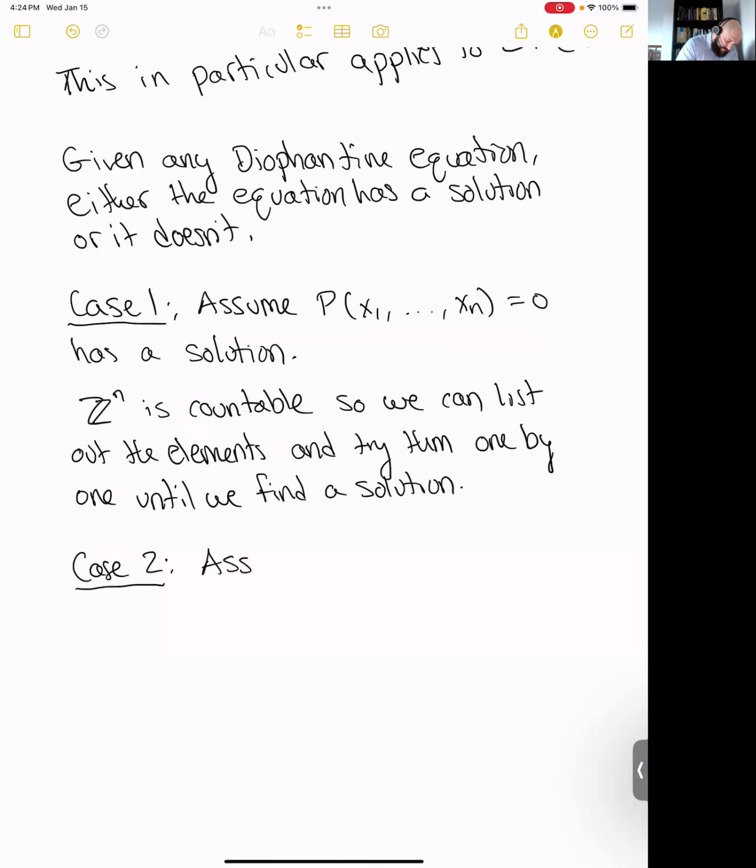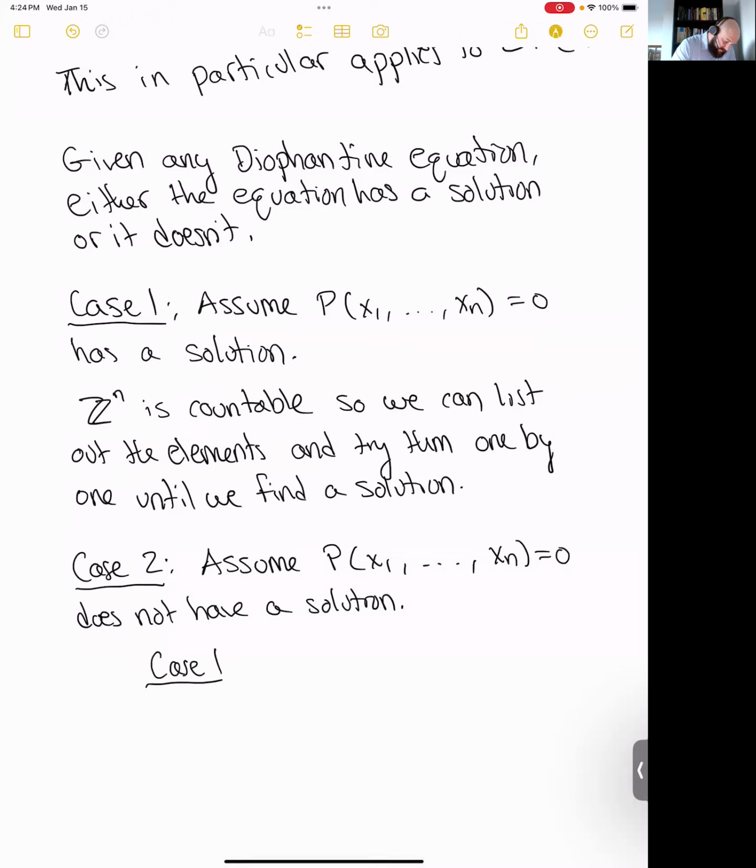So assume P of x1 through xn does not have a solution in the integers. When I say it has a solution or does not have a solution in this particular video, I'm always talking about in the integers because we're talking about Diophantine equations. Well, then there's kind of two subcases here. So there's case 1, which is there is a proof